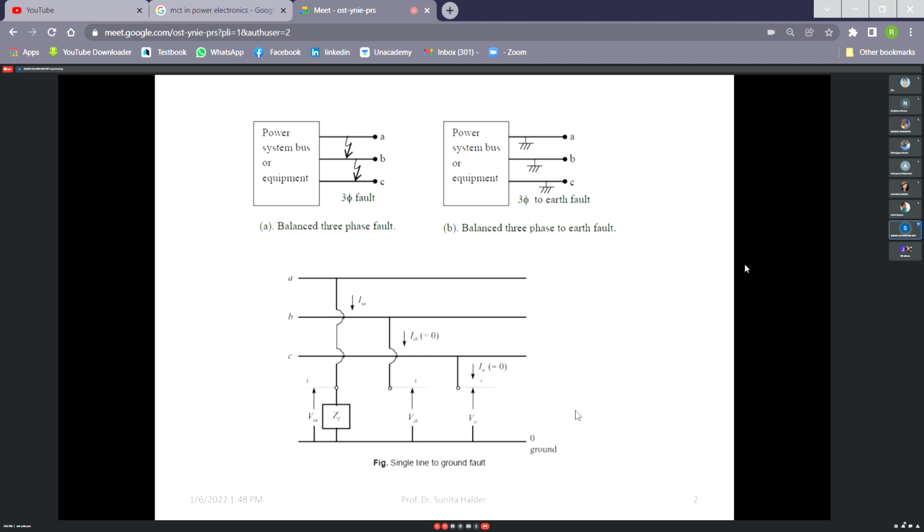So how to identify the fault? This current will be fed to the relay every time. The relay will monitor the current. Say healthy current is 400 ampere. When it is 400 ampere, the relay will identify it as a healthy system. But when the current is, say, 500 ampere, then it will be alert. It will try to move and give an indication to the circuit breaker. A circuit breaker is like a switch which will disconnect the faulty portion. But the relay setting is also there.